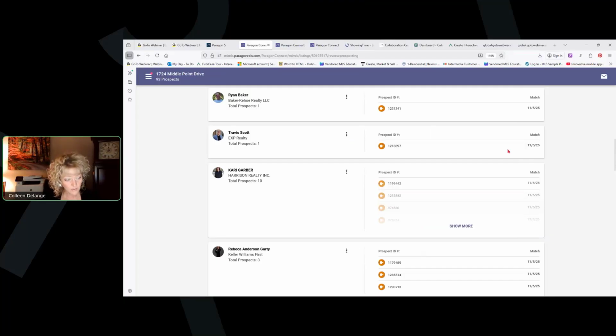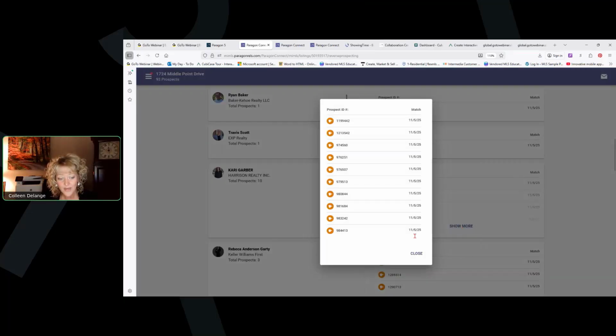So Marty, here's what I'm telling you. I would be reaching out to these people. So you've got 91 agents. Here's where it gets really cool. Over here to the right, I can see when the match went out to their clients. So I'm going to guess that you probably listed this property right around the beginning of November, because I can see it immediately matched a lot of clients. I can see that Carrie Gerber has 1, 2, 3, 4, 5, 6, 7, 8, 9, 10 prospects set up